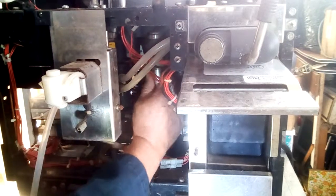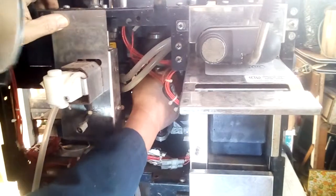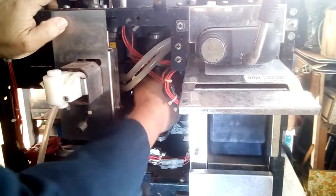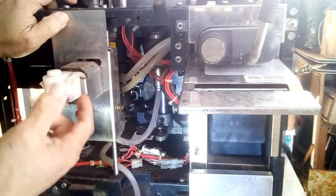Okay, now I have the lower piston, and as you can see, it's pretty much stuck in there. So this normally would just swing right down. This piston would normally just pull right out, but because it's been in there for so long,